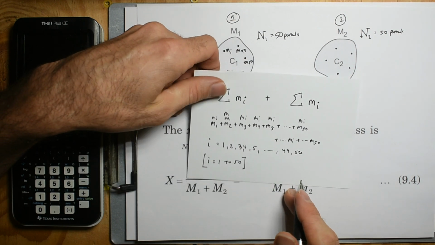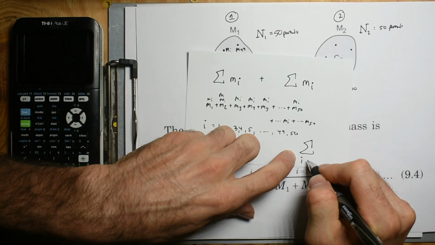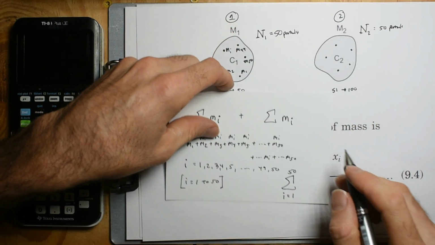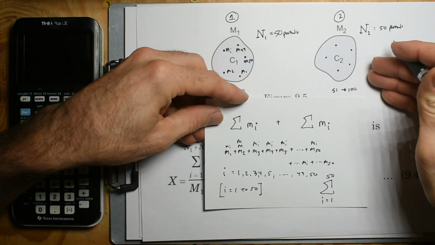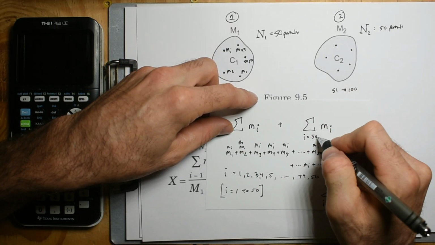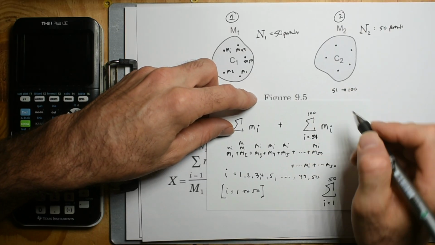But hell yeah, so when we actually do this summation sign, they're going to say i for this is going to go from 1 to 50. And then we can see from that this is going to go from particle 51 to particle 100. So,